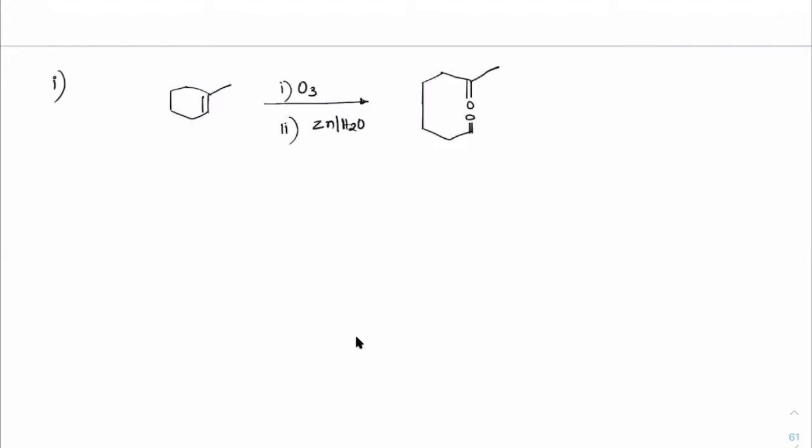That's all. So how does it look now? If you write the numbering 3, 4, 5, 6, 7, it is a 7 carbon chain: 1, 2, 3, 4, 5, 6, 7. The second carbon has a double bond O, and the last carbon has a double bond OH. So this is 1, 2, 3, 4, 5, 6, 7.